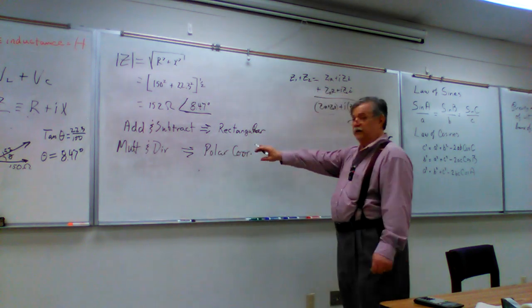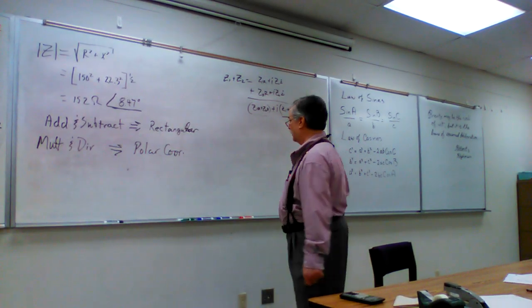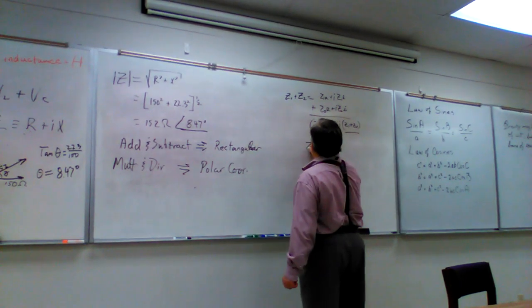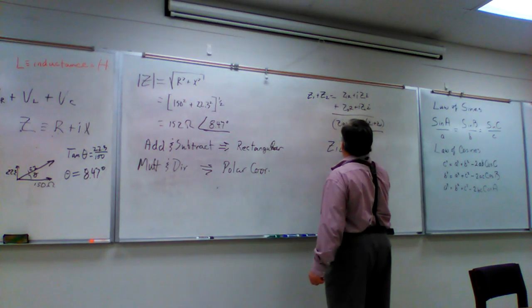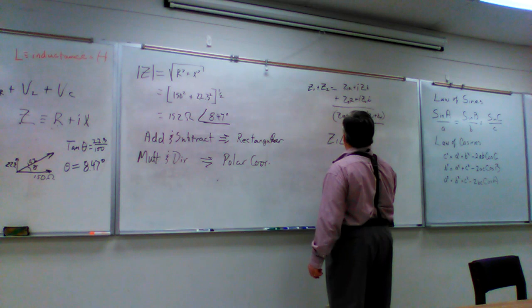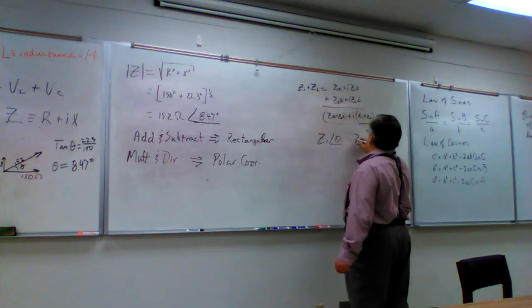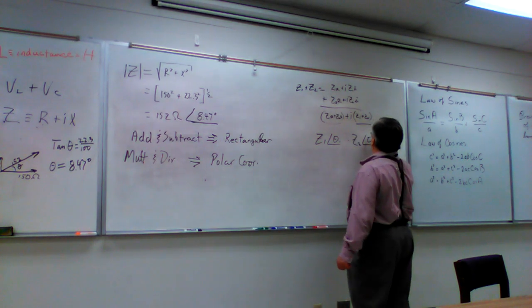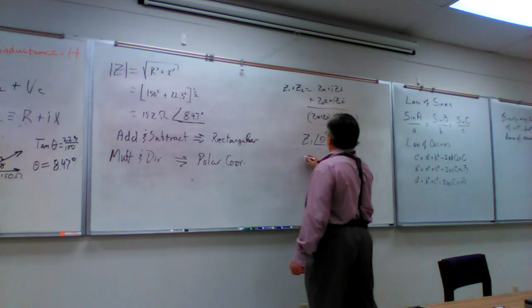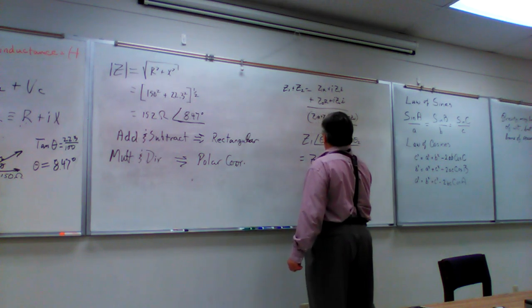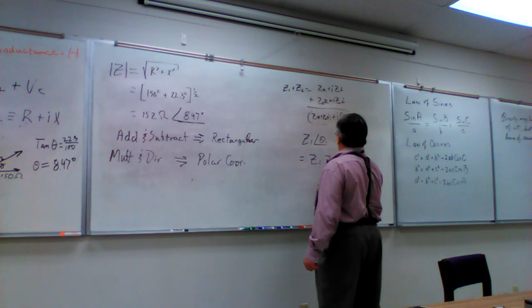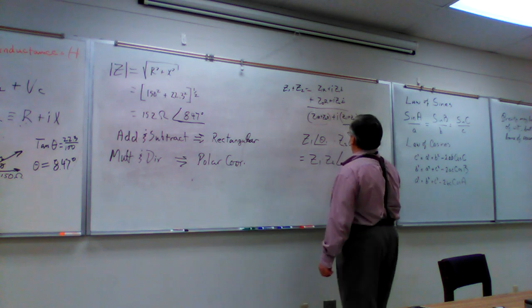So whether you're multiplying or dividing, you need them in polar coordinates. Z1 at an angle theta 1 times Z2 at angle theta 2 equals Z1 times Z2 at an angle of